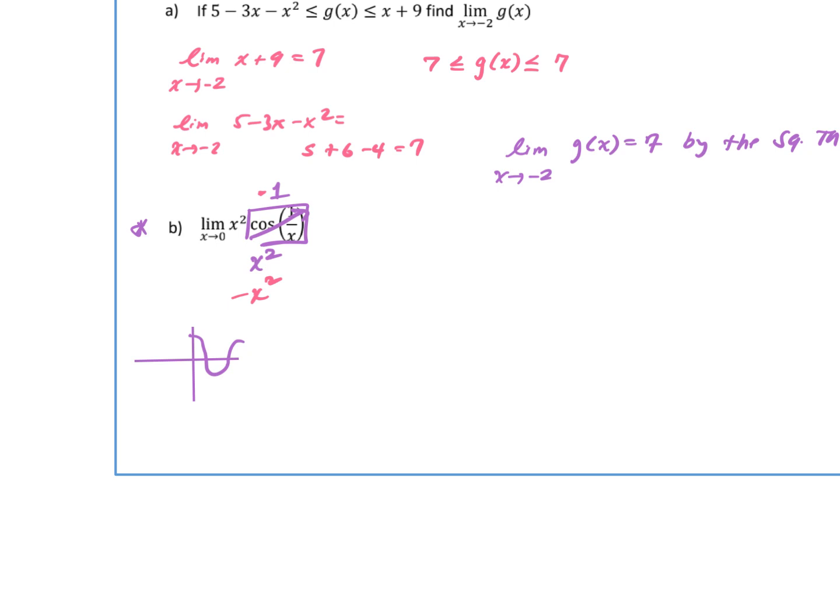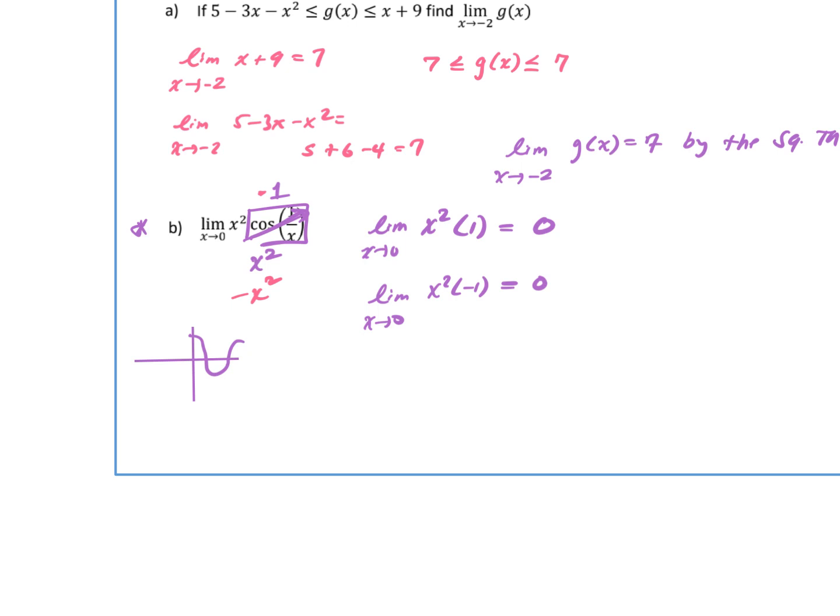So if I say, first, the maximum value is going to be 1. So we could say the limit as x goes to 0 of x squared times 1 is still just x squared. If I plug in, I'm going to get 0. Okay, so it's bounded by 0. I could say that the lowest value as x goes to 0, so I say this could be a negative 1, so it would be x squared times negative 1 is still going to be 0. Okay, so I know that this function is between,